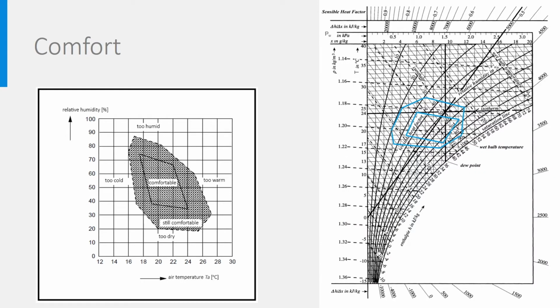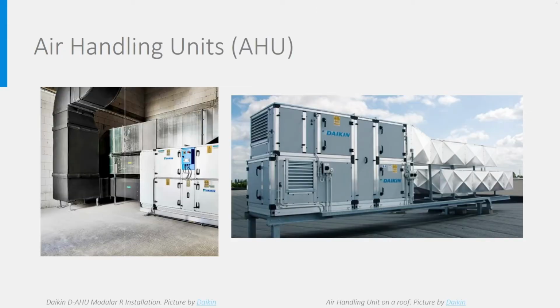The aim of handling air is to bring it in the comfortable zone, by preference the inner one. This is done just by heating or cooling air at room level. We will study that in another part of this course. But in larger and a bit more sophisticated buildings, this is done by using air handling units like these ones. They can be very large depending on the airflow rates to be handled.